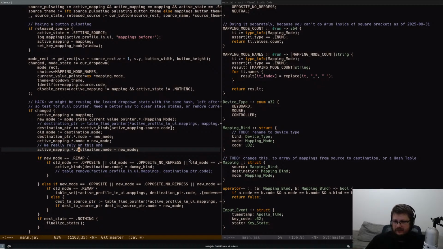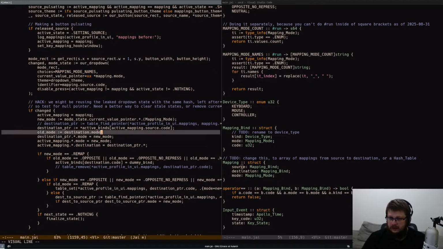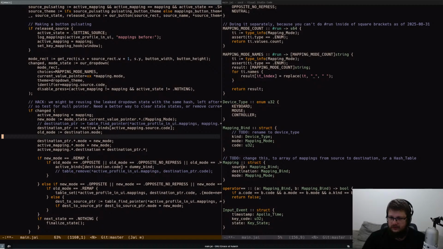So just active mapping destination equals destination pointer, like this. We can just do that. And we save old mode. Then these are the changes, and then if new mode is remap and old is one of these,